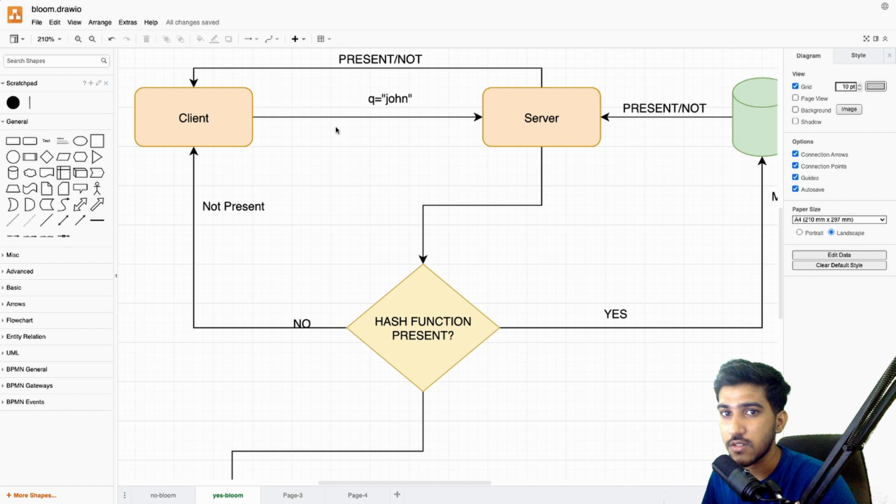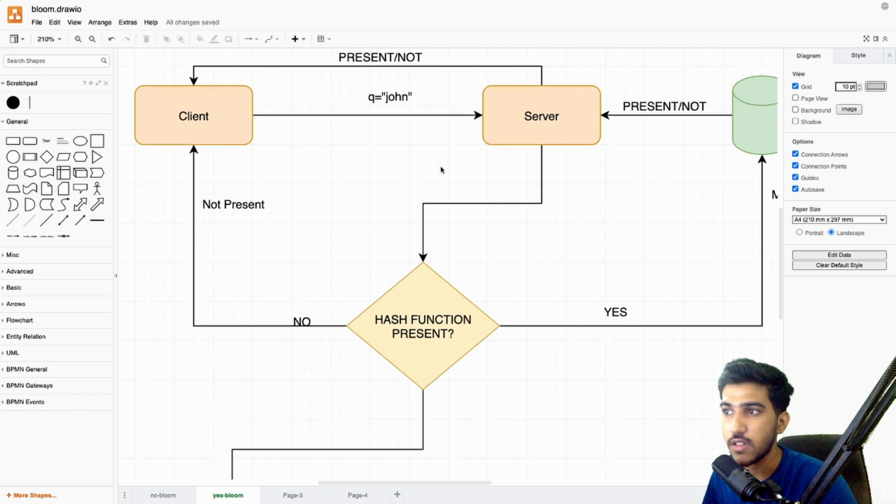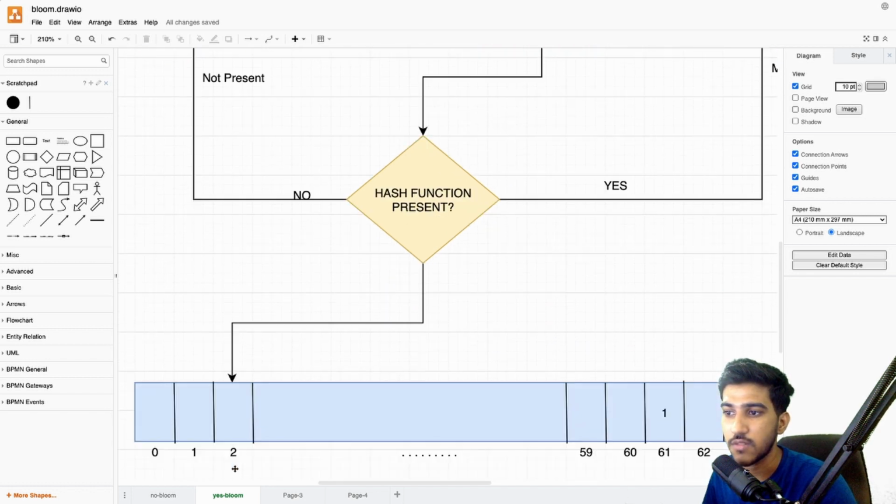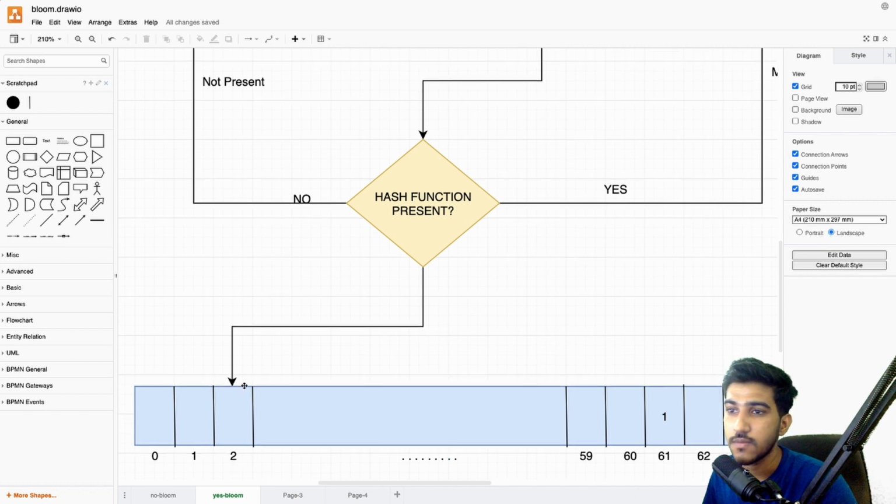But when we query this, in this case John, when we see that bit number 2 is set here, we should not be 100% sure in the case of John. So we have to confirm that it is John in this case.